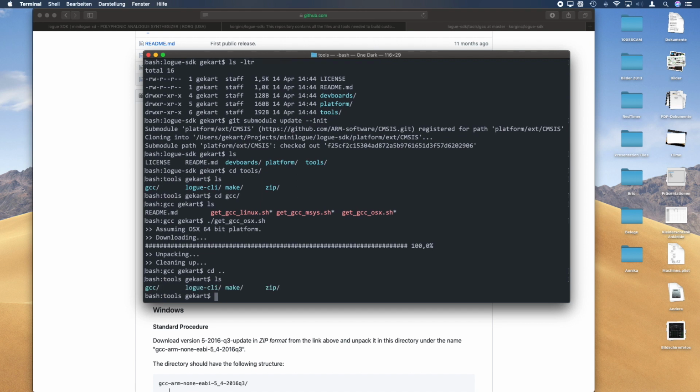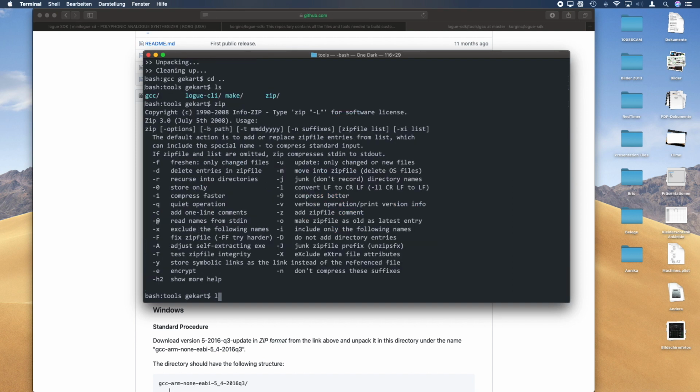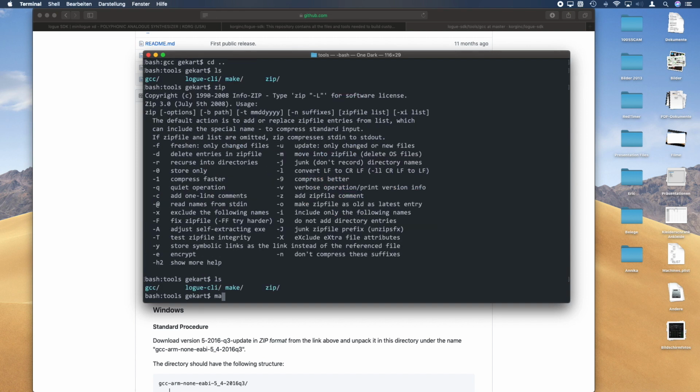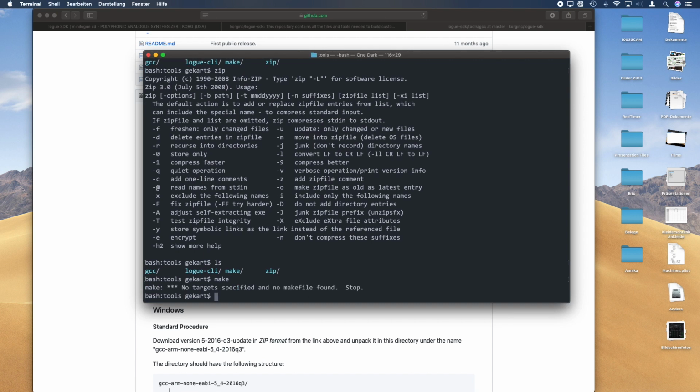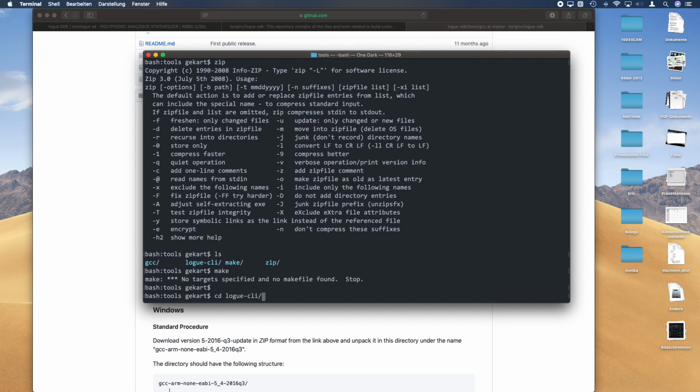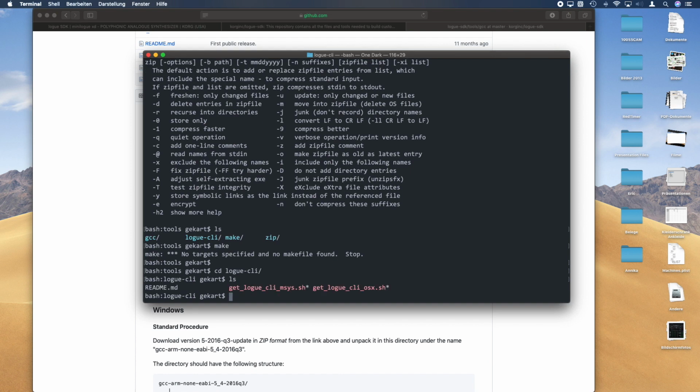Done. We don't need zip because we are on the Mac, so zip is already installed. We don't need make because make is already installed on the Mac. And the only other thing that we would need would be